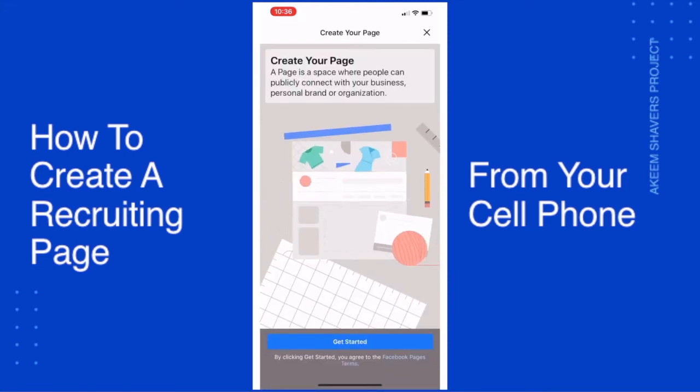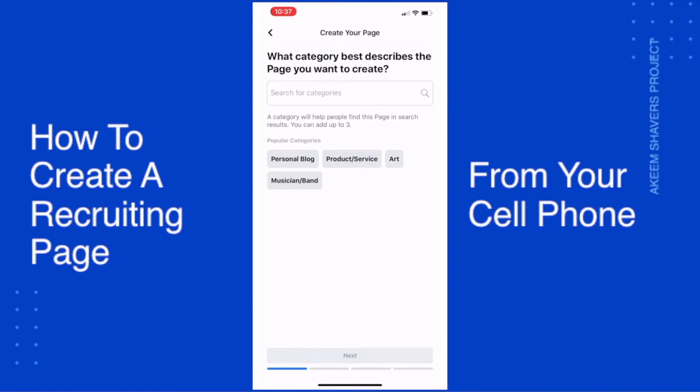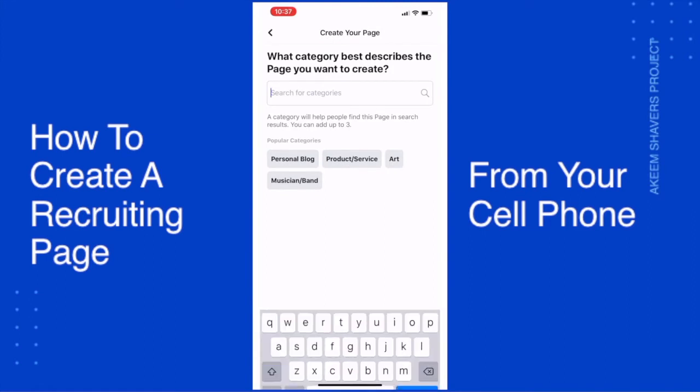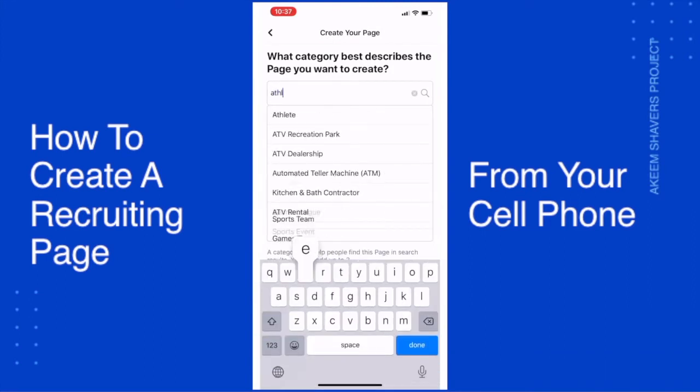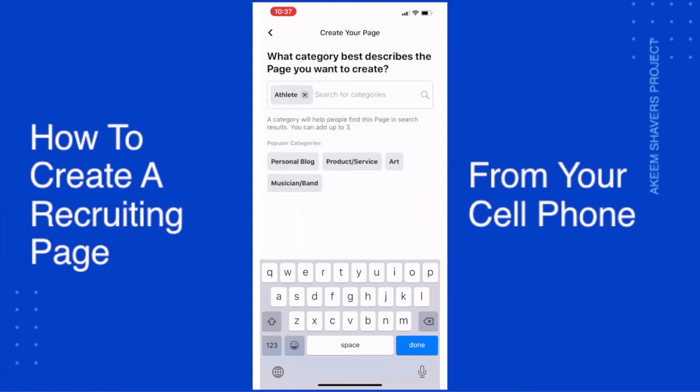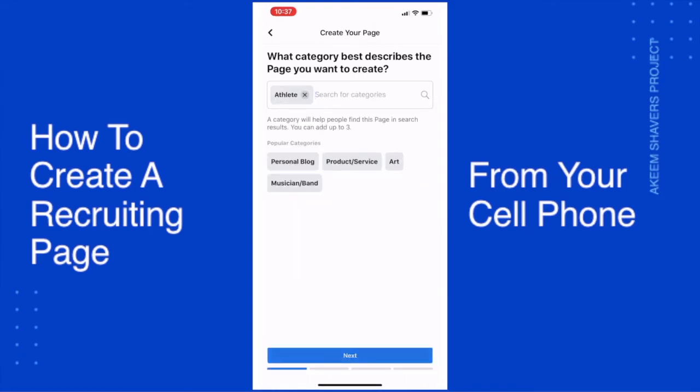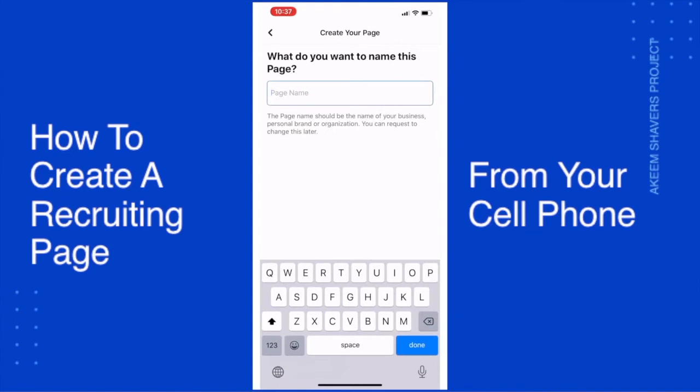We're gonna click this little blue button here, and we're just gonna select the category. Since we're doing a recruiting page, we're gonna type in athlete. That's gonna be our category. After you do that, you hit done and you hit next. So what do you want to name this page? We're gonna name it your name,